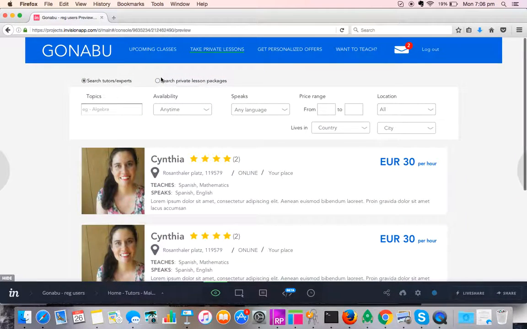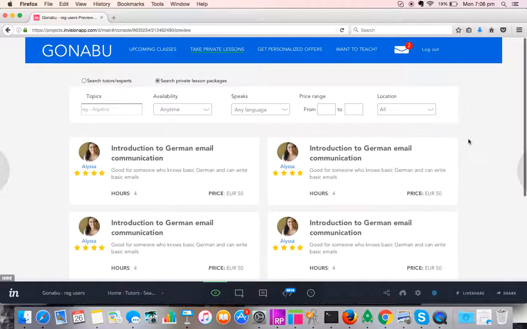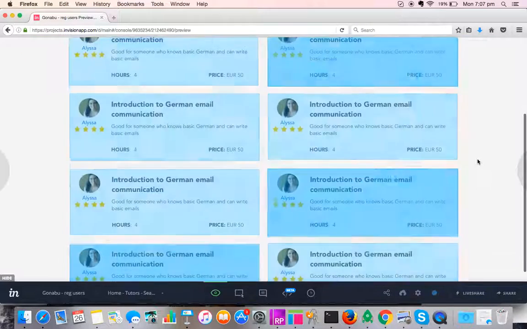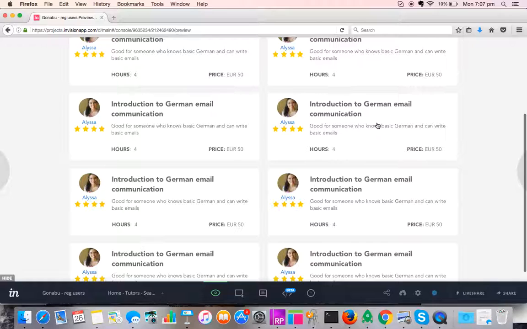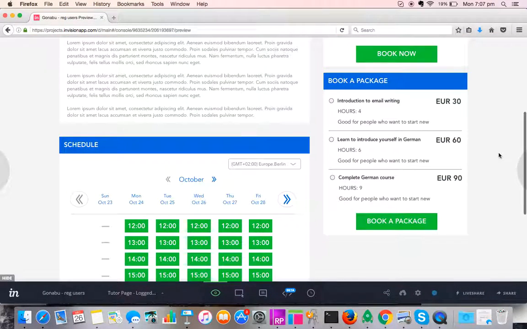And also you can maybe search the packages. So let's say if you are searching for a very specific learning package, if you have a very specific objective in mind, you can maybe put in that, okay, I want German email communication in this instance, for example. So you search for this package and then you click on one of those, and then you reach the tutor